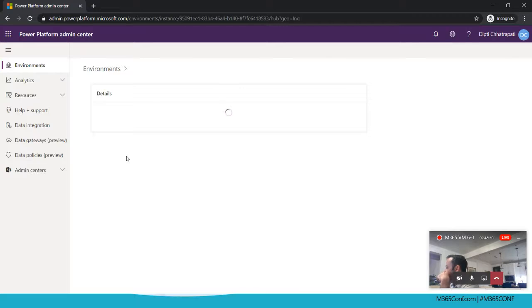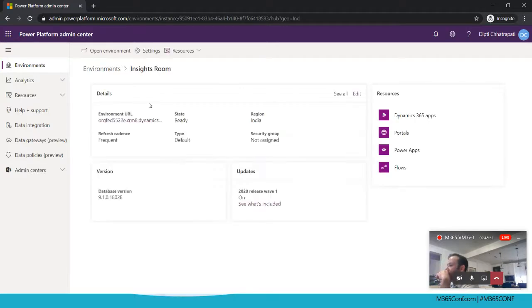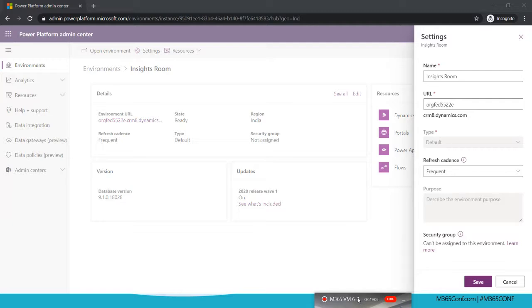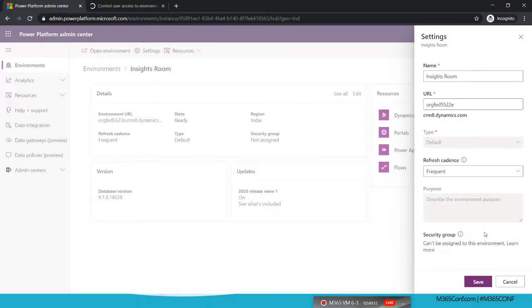And once you click there, you will see all the settings that is applicable to this environment. For example, if I want to secure this environment to a specific other AD group, I can just click on edit, and here I can specify the security group. I have to see why I'm not getting this option, but then usually you can specify the security group,